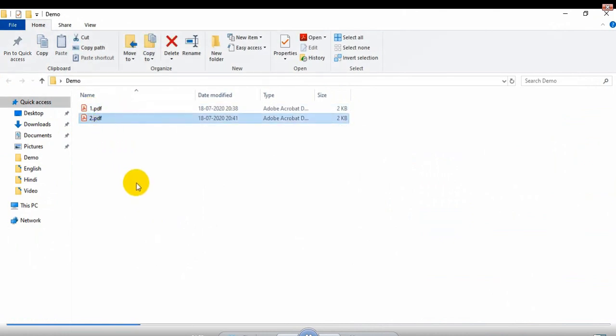Now this first part, assume that it is of 20 MB and the second part is of any size like 2 MB, 4 MB, whatever. If 2.pdf is also of 20 MB, then we would have created a third one, 3.pdf. So now quickly come to our e-office screen, that browser one.